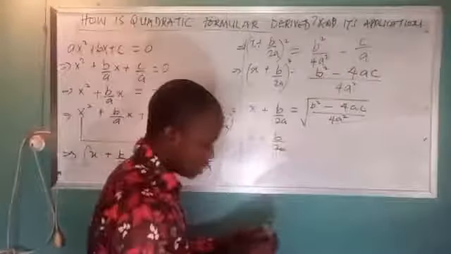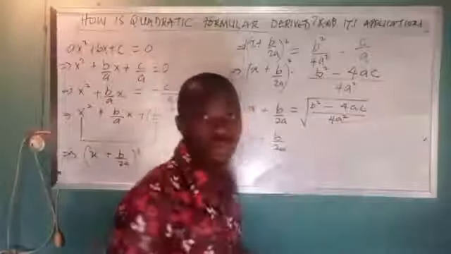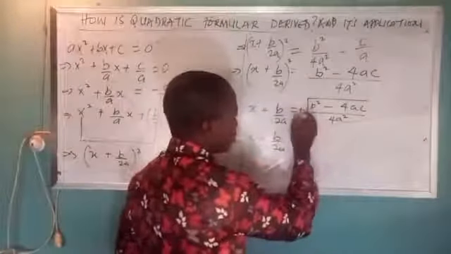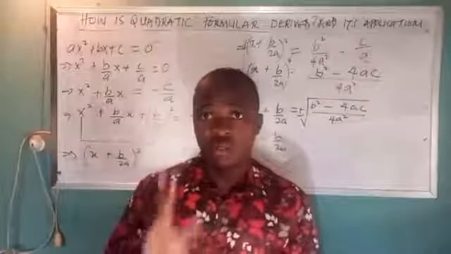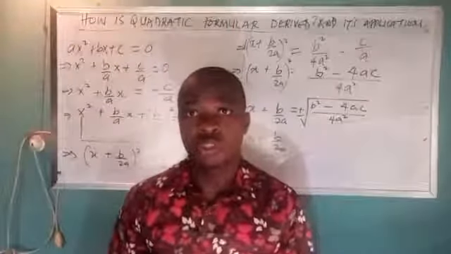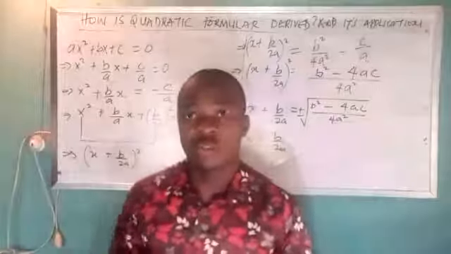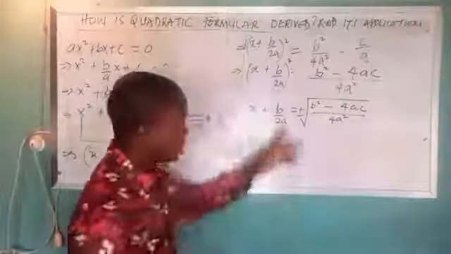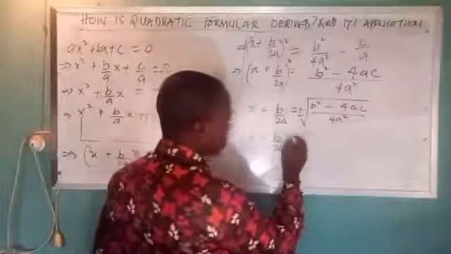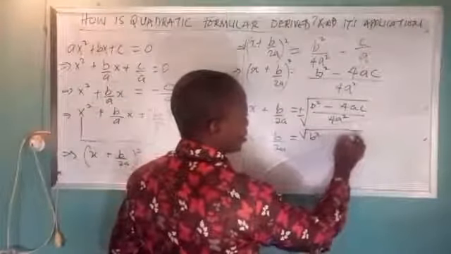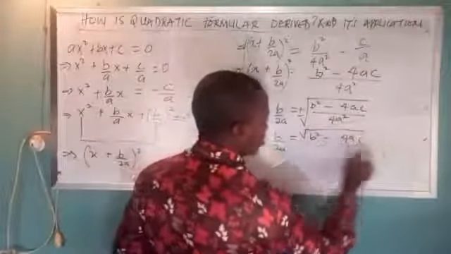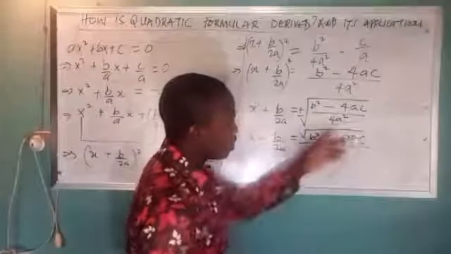Don't forget that anytime you have square roots, you always attach plus or minus, because we are going to get two possible values. One will be positive and the other will be negative. So that's why we have plus or minus the square root of